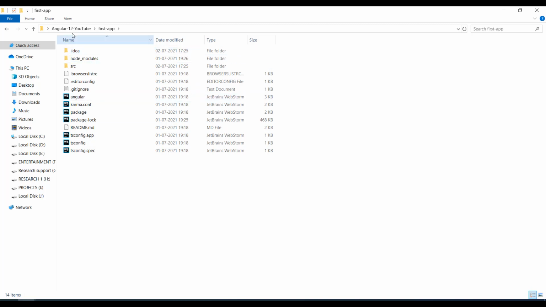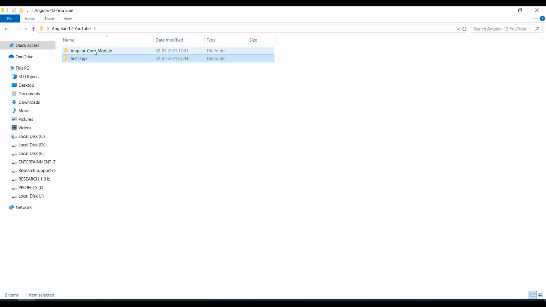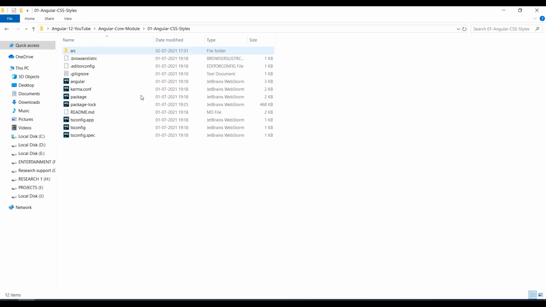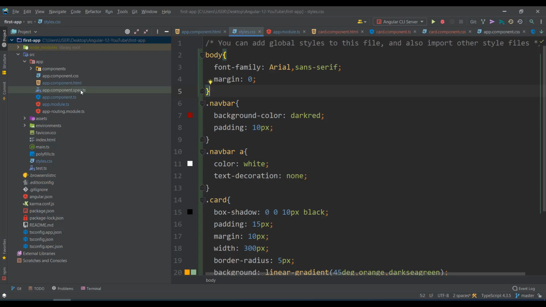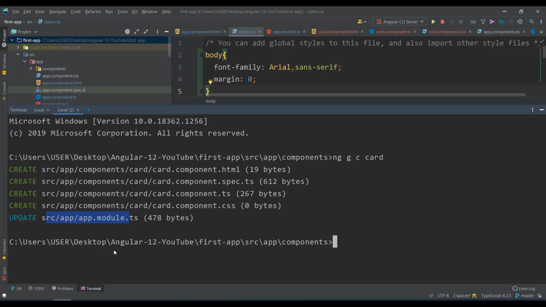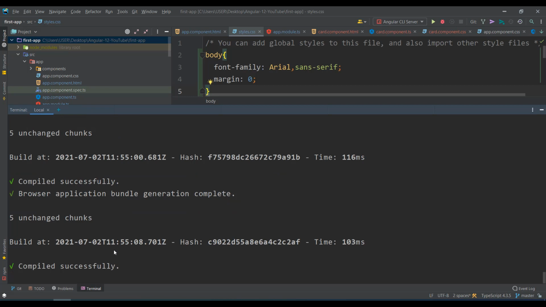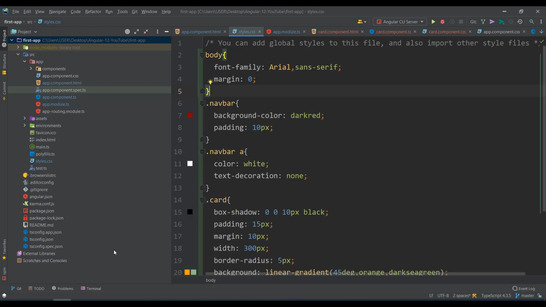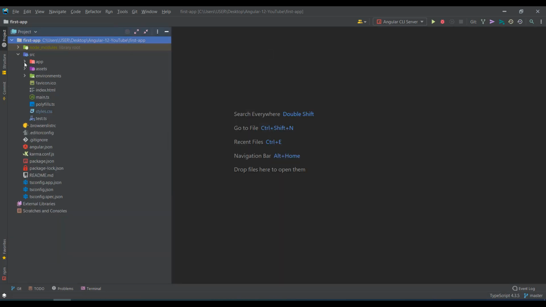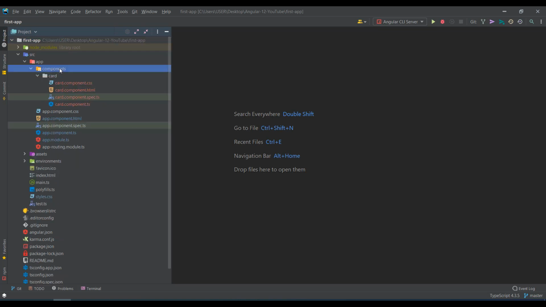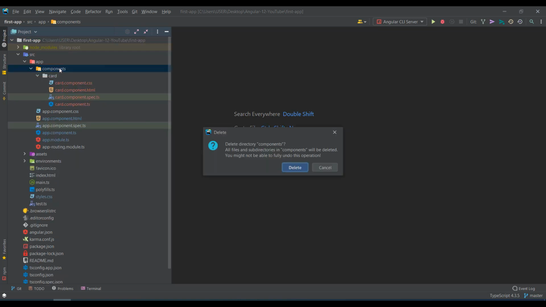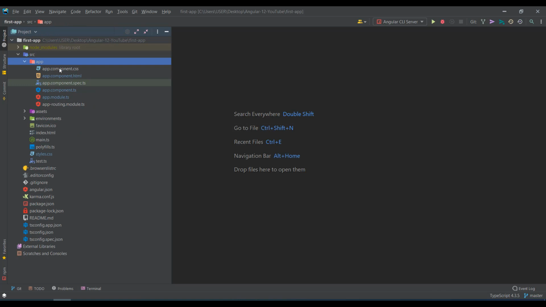So now we have taken a backup of CSS styles, and we can clear things here. First, let me stop the server. Exit from here. Stop the server is Control C and Y, enter. So it is stopped. Now what I do is first let me delete this components folder. Delete it. Let me revert it back to the original setup.